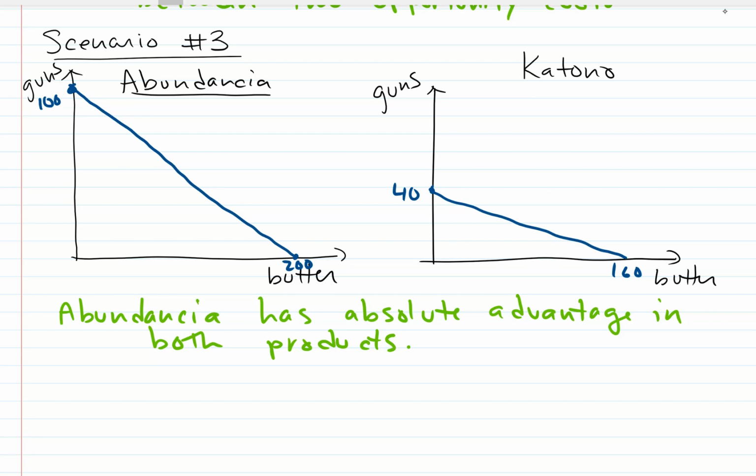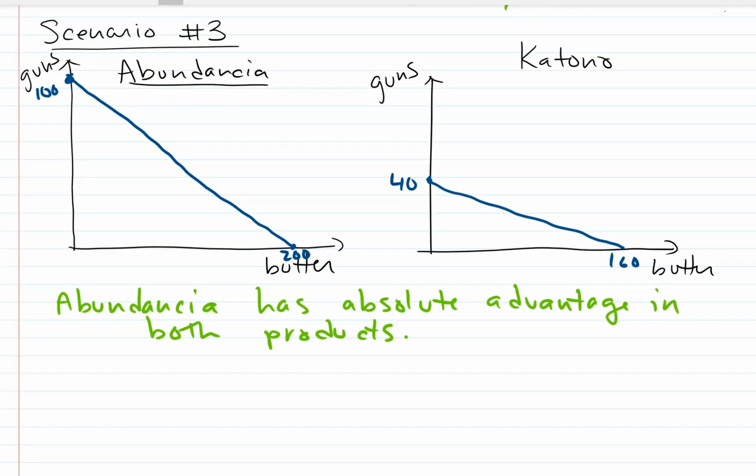So the question I have for you, and maybe you should take a second and pause the video, is can they make a productive trade? Okay, so take a second and pause and then come right back after you make a prediction. Okay, so the answer is yes. So actually trade doesn't depend on absolute advantage. Absolute advantage doesn't really matter. It matters for the total that the country is going to get, but it doesn't matter for the trade being better off than not trading. Okay, so what matters for trade is opportunity cost and comparative advantage. So yes, they actually can trade in this situation.